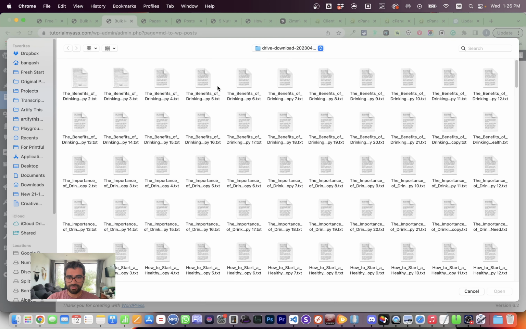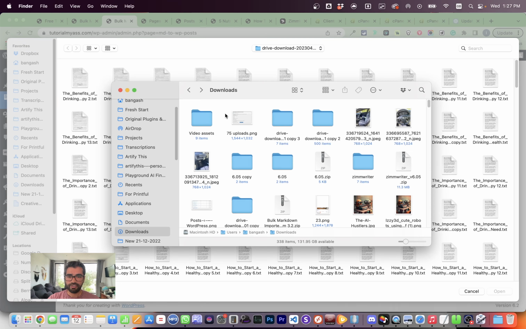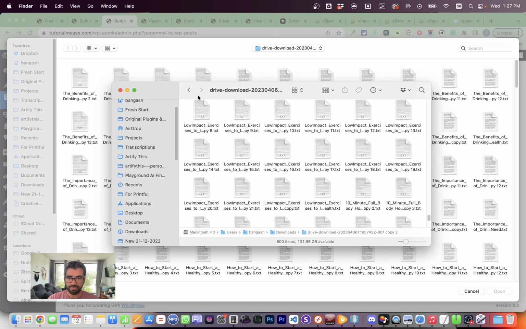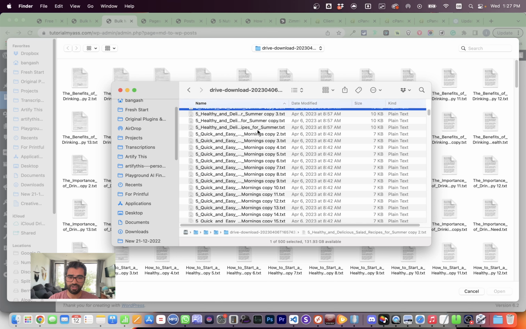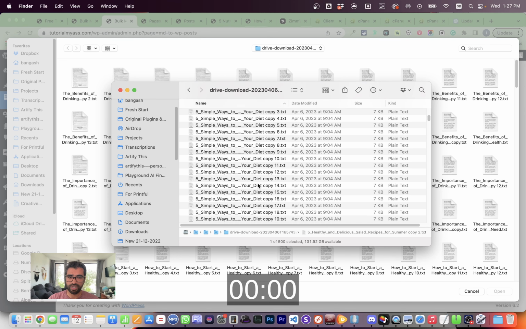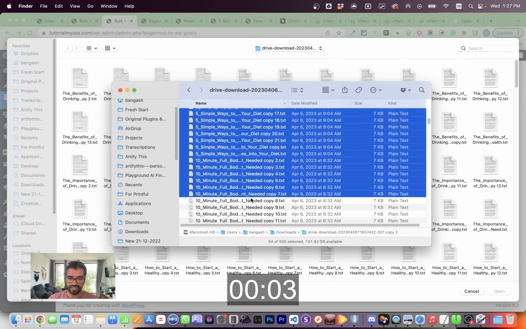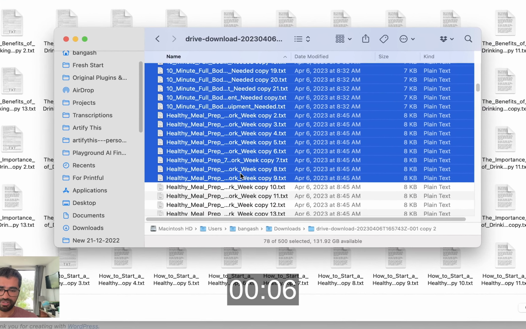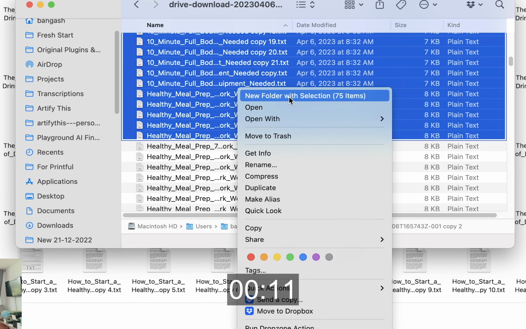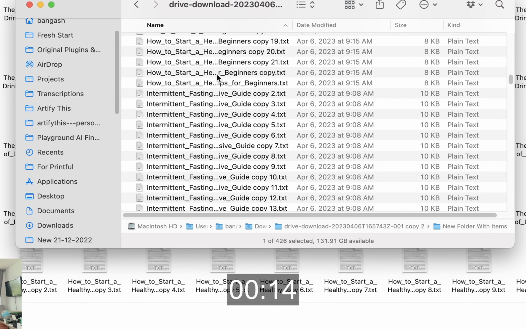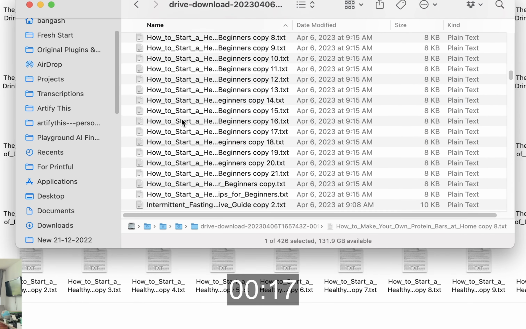Let's go ahead and try to upload some files over here. So the best workaround for this right now, if you have 500 or 1,000 articles to upload at the same time, is to make smaller folders from those 500 files. For me, for example, this folder has 500. What I would do is come in here, select 75, or you can even select 60, whatever, you don't have to be precise. I would make a new folder from that, and then I would just keep on doing that